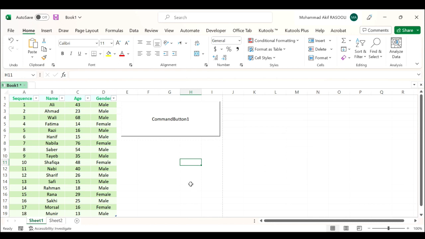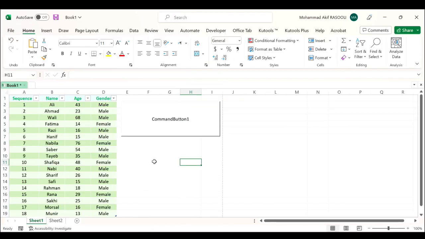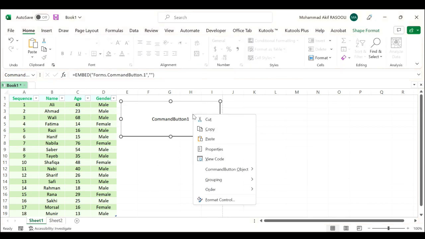Please do as follows. As you can see, if we press the Ctrl+P keys, you can observe that the command button will be displayed in the print area section. So, right-click the command button, whether it is a form control or ActiveX control, and choose Format Control from